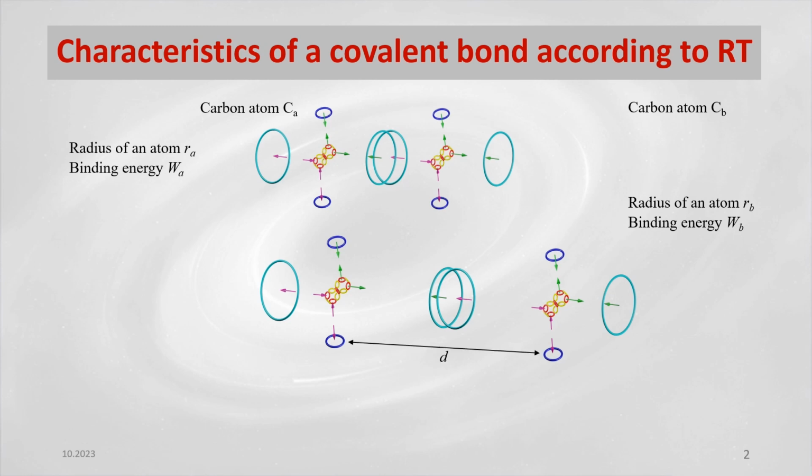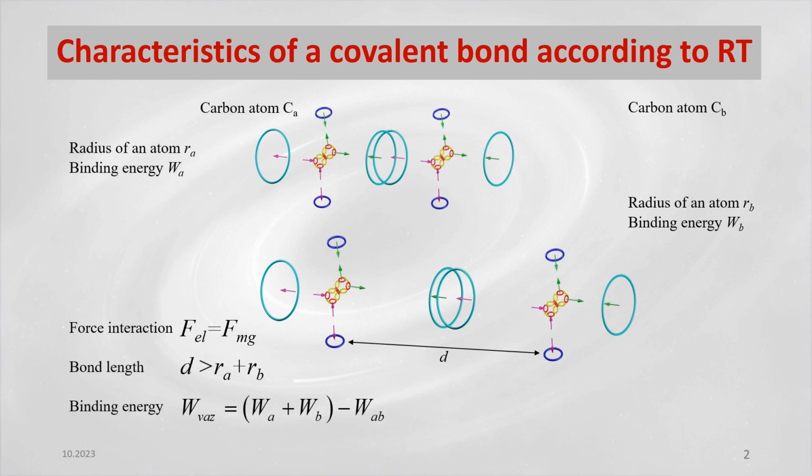distance of their atomic radii and reach a distance that satisfies the equilibrium of electromagnetic forces that hold this bond together. At this distance, their bond has an energy lower than the combined energy of the original atoms in close contact. The difference between the bond energy and the sum of the bond energies of the original atoms is called the bond energy. The greater the energy released during bond formation, the higher its value, the more tightly the atoms